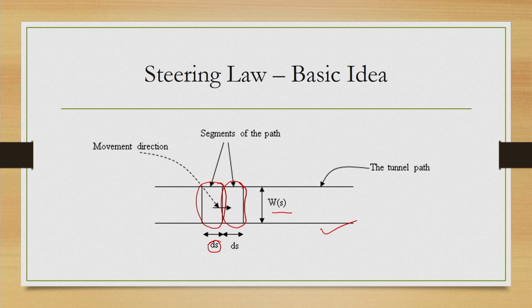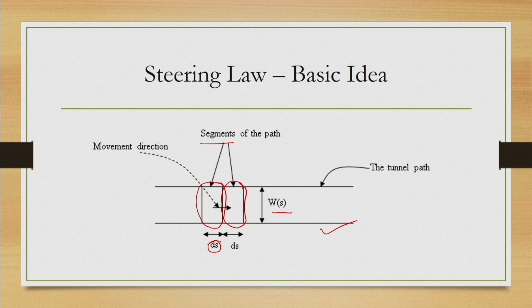So, to recollect, we are assuming that the entire tunnel path through which the constant navigation takes place can be divided into segments. Each segment has a width, and these widths need not be the same. We can represent it with ws, and the length of the tunnel path can be represented by ds. So, if that is the case, then we can actually model the performance in terms of these variables ds, ws.